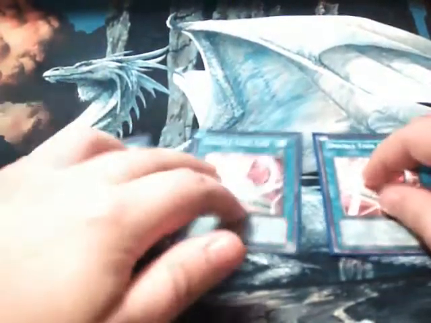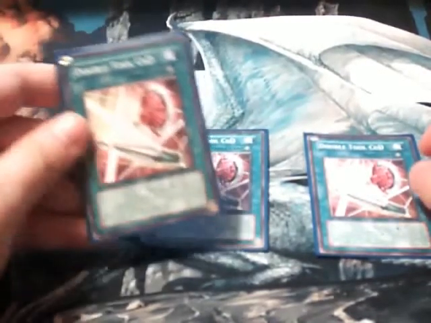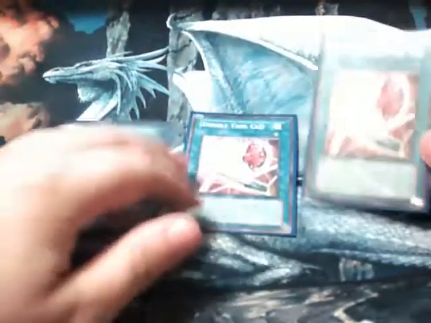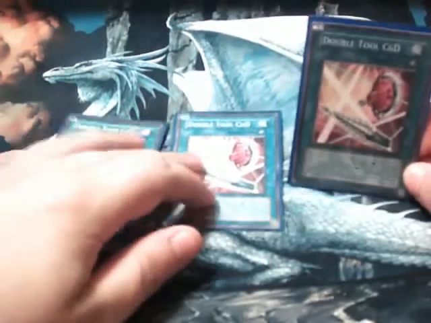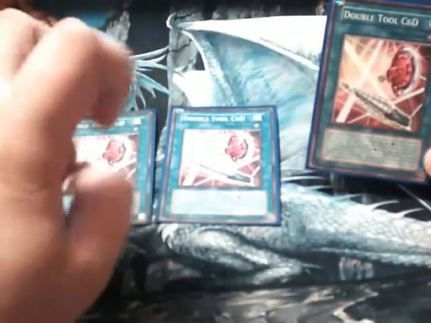Let's move on to some equip cards to beef up our little guys. We have 3 Double Tools. These are really nice cards. They really help out the deck because they are weak monsters. The only downfall is it can only be equipped to Power Tool Dragon or a level 4 or higher machine type